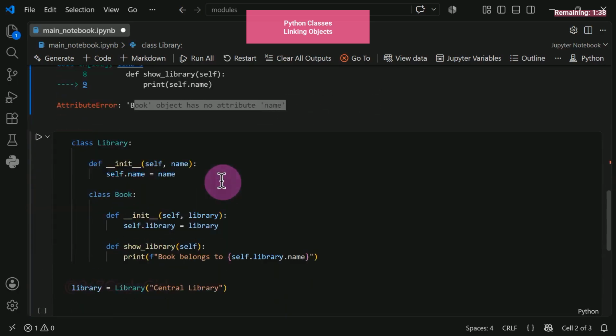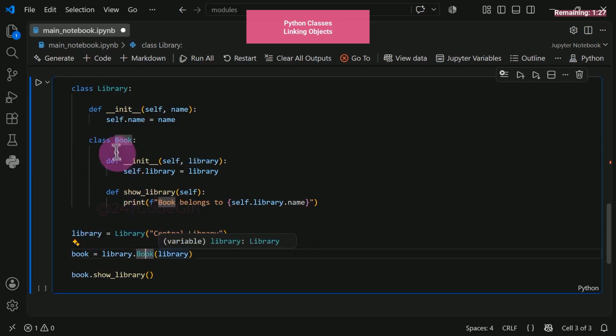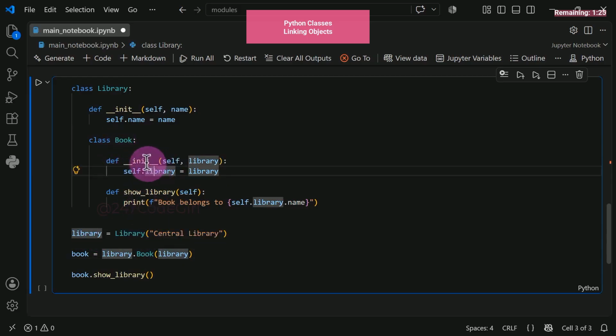So here's the fix. Down here, inside the book class init method, when you call library.book, you also need to pass the library object in explicitly so that the inner class becomes aware of the outer class. So inside the book's init method, you accept the library object and store it as an attribute. And later, the showLibrary method can then access the library attribute and read the name from it.